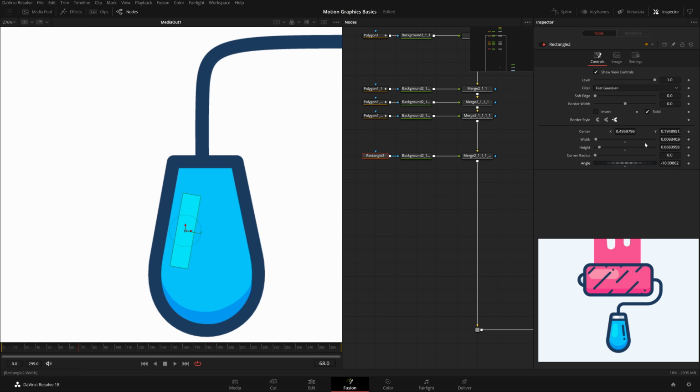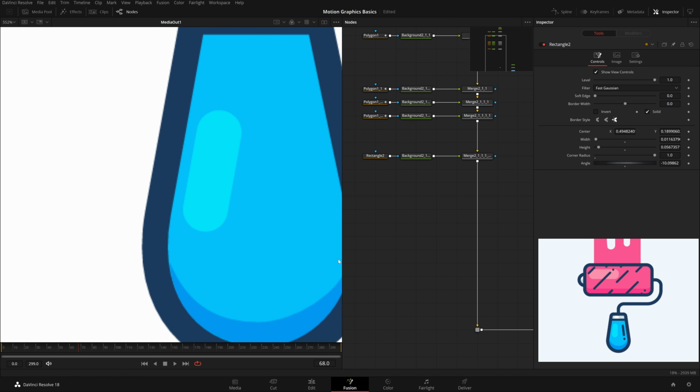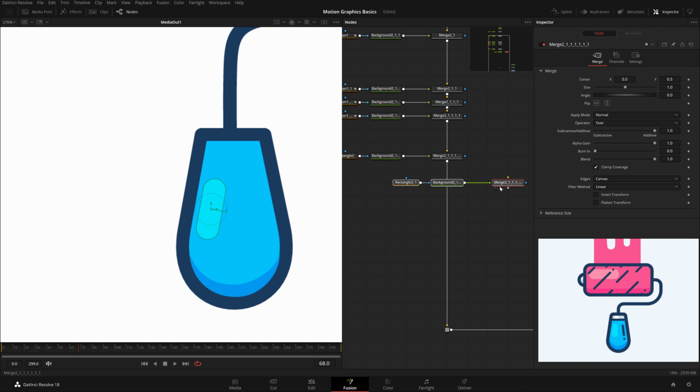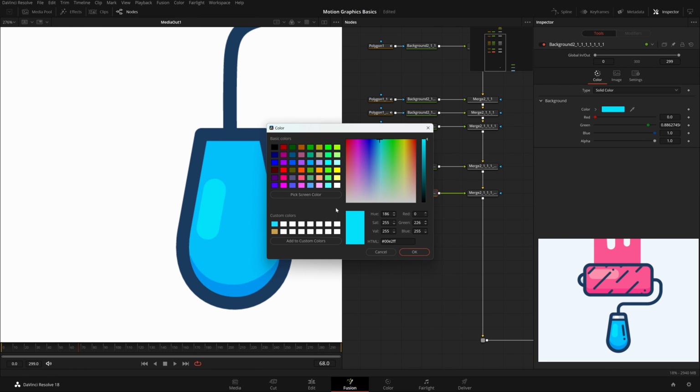So we can come here, inspector, and change the angle, and also increase the quantity to 1, put it somewhere around here, reduce the height and width. So yeah, this is better for something like this. Okay, looking good. Again Control C, Control V, paste these over here, this rectangle itself, to this background, pick screen